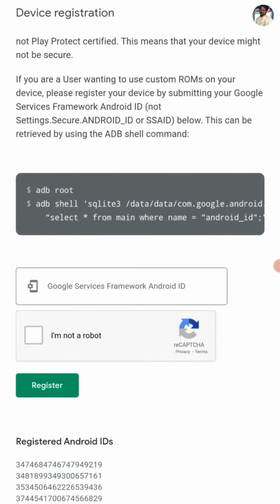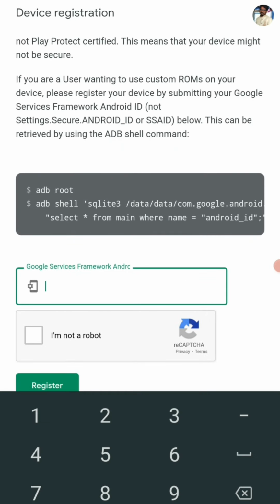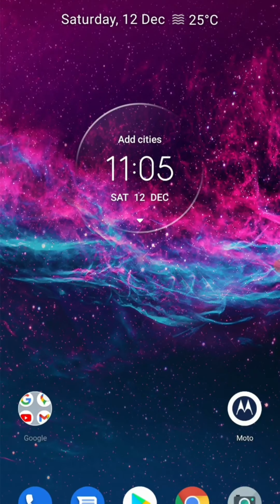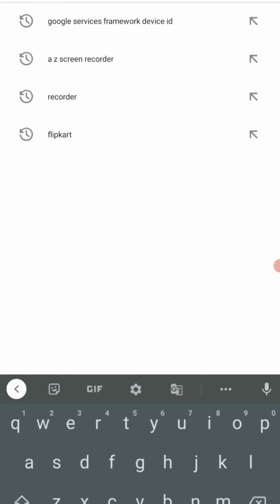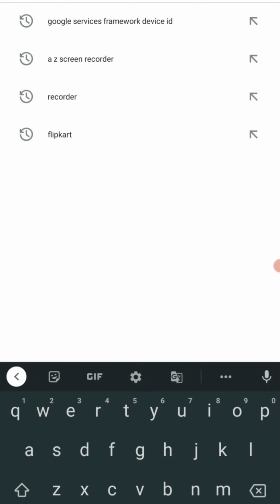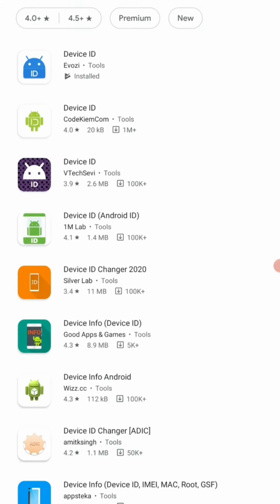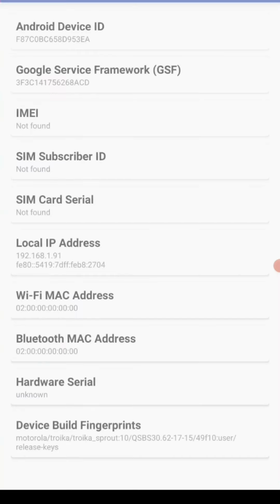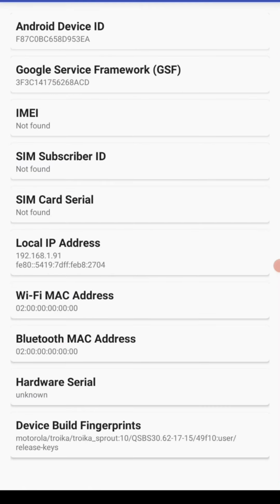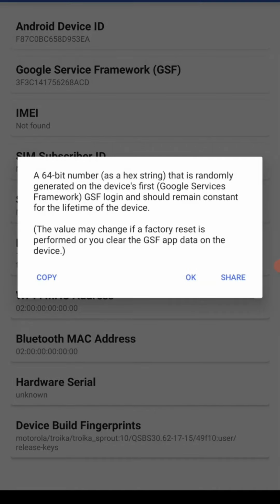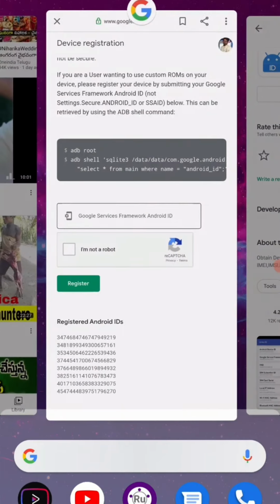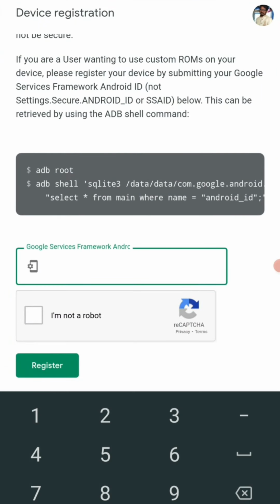Then you need to copy the framework ID of your device. If you don't know your framework ID, just go into the Play Store and type device ID or Google Services Framework device ID, and open the very first app, Device ID. Open it, and you see here is your framework ID. Just copy that and paste it here.